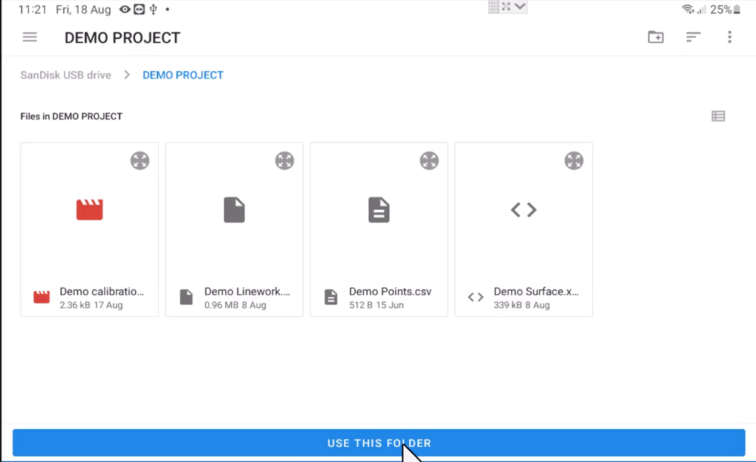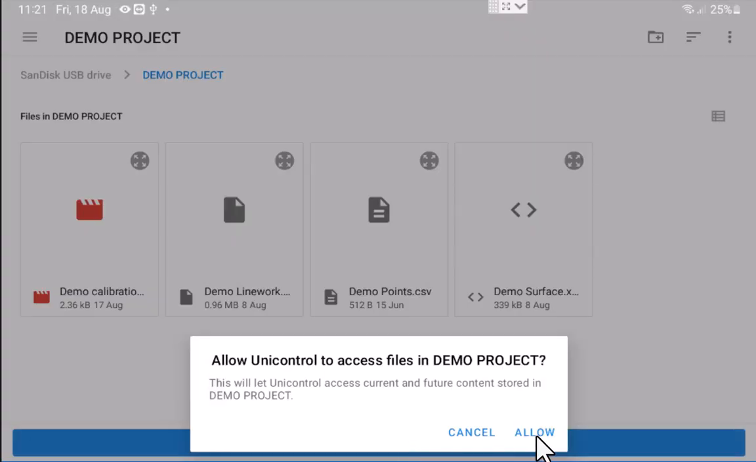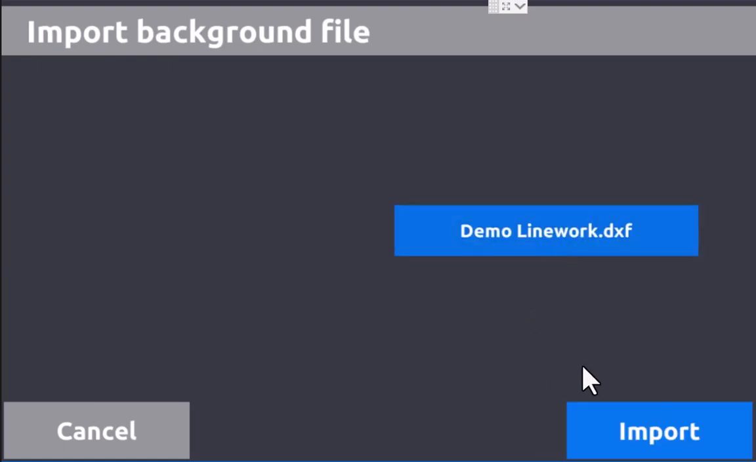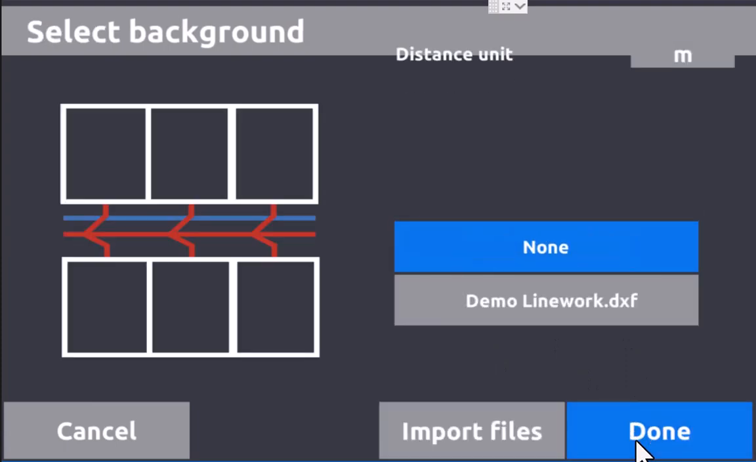We still want to say that we want to use this folder. We allow it. It's going to find the DXF or multiple DXFs that you have in that folder. So you could have a services DXF, you could have your curbing, footpaths, etc. They could all be separate. And then you can pick and choose what you want to import. Or if you want to import them all, you just highlight them all, press import,